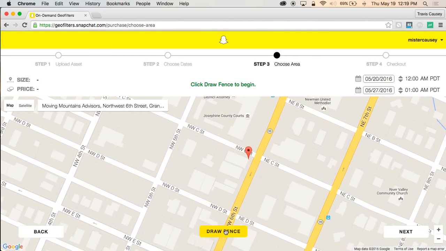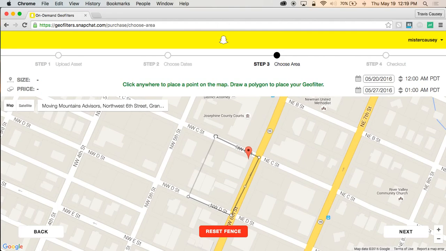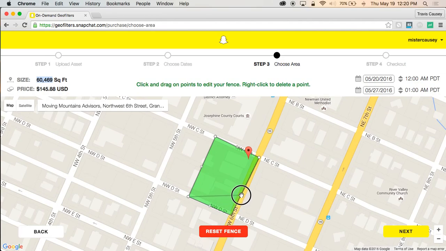So you have to click Draw Fence, and then you get this little crosshair icon, and you just start clicking where you want. So first thing I do is draw a box, and you're going to see the size over here. I did it basically around that whole square block, or most of it, because there is actually a size minimum. So the size here, 60,500 square foot, and the price here for that week that we set. There's actually a 20,000 square foot